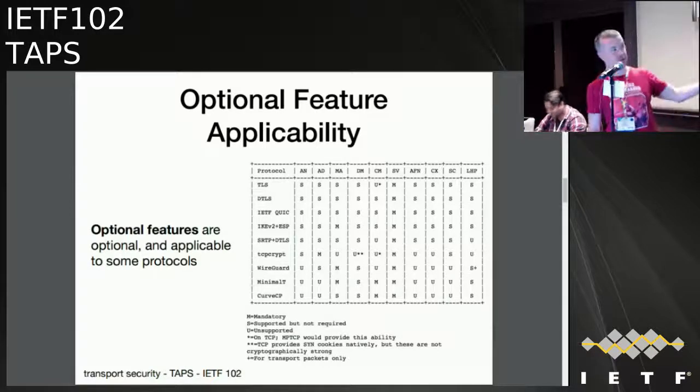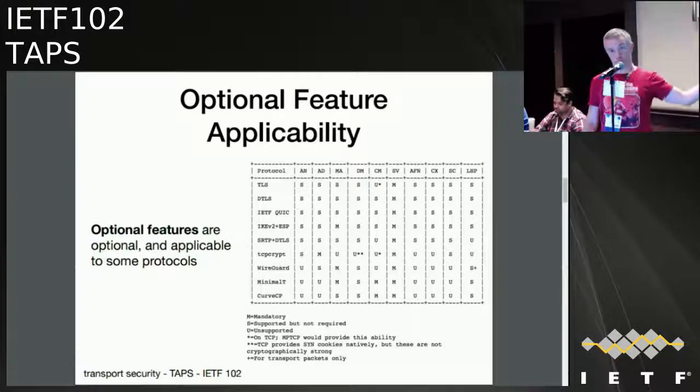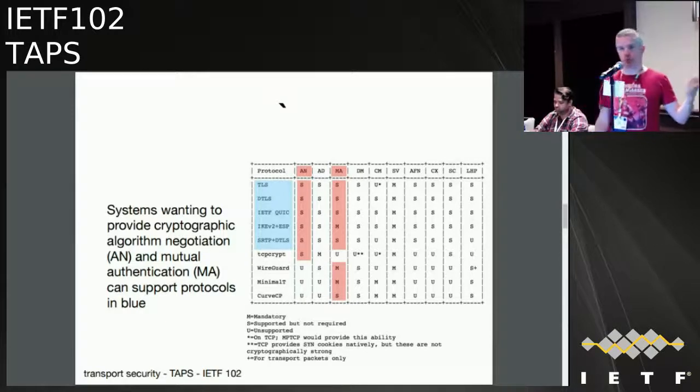So this is the matrix that I was talking about. This is essentially a table of optional features, showing for each protocol whether that feature is supported, mandatory, or unsupported. You can use this table by looking at the columns of the features that you want, finding which ones are either supported or mandatory and which are unsupported, and then essentially taking the intersection of the two. So in this case, systems wanting to provide algorithm negotiation, meaning some sort of algorithmic agility,